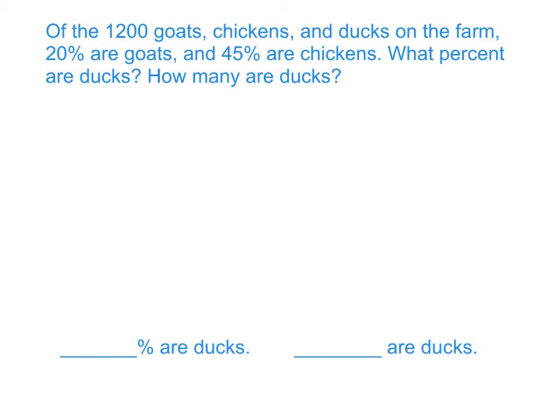Pause the video and try this problem. Be sure to answer both questions. This time there's 1,200 goats, chickens, and ducks in the farm, so that's our 100%. But we have to take away the 20% plus the 45% that are goats and chickens to get what percent are ducks. So this 20 and 45 makes 65%, and then 100 minus 65 is 35%